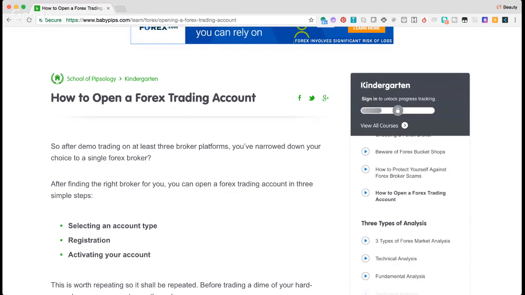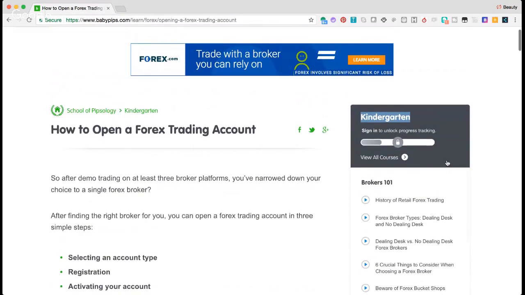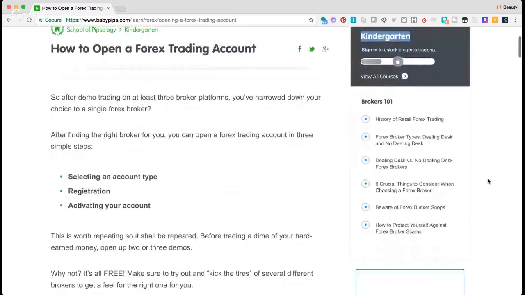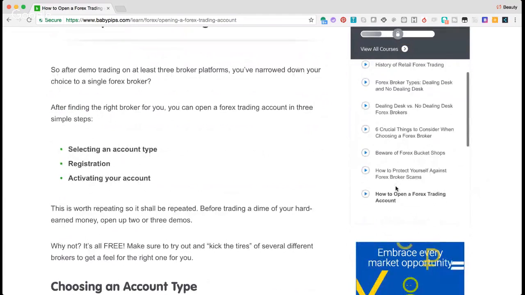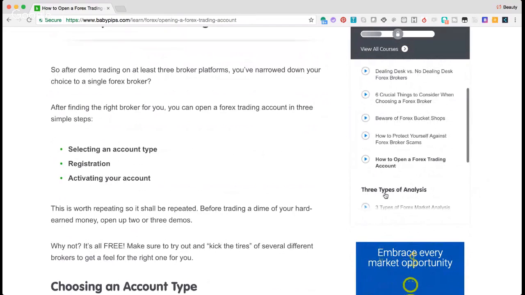Okay, how to open a Forex trading account. Once again, we're still in kindergarten over at BabyPips. And the section that we're on right now is Brokers 101. And we are in the last before we go into 3 types of analysis. How to open a